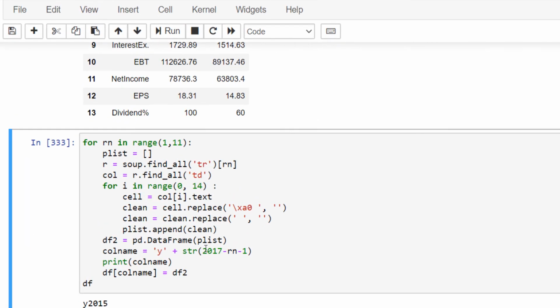Okay, after investigation, I realized that this specific i variable was not actually appropriate here. It was the rn variable, that is the variable defined in the upper loop, because each time it is run, the i variable reaches its maximum, that is 14.